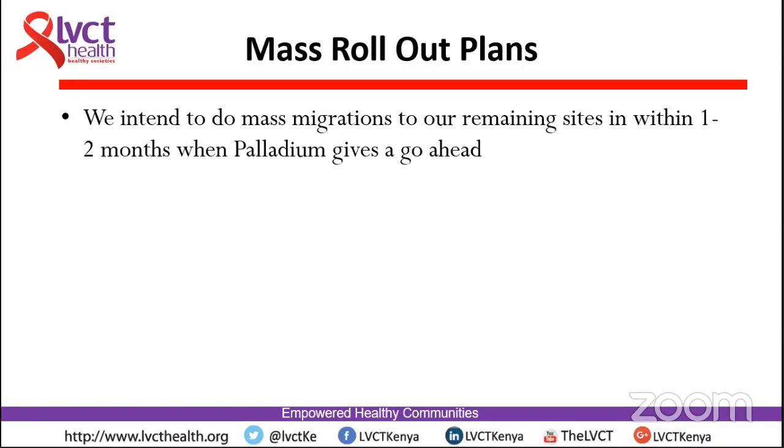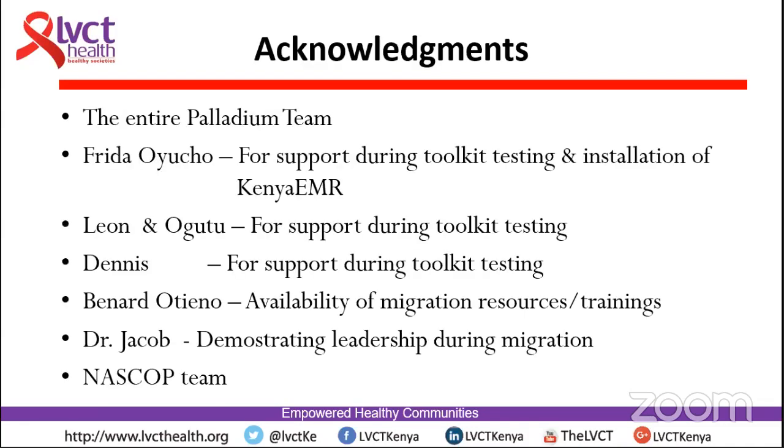And then we now intend to participate in the mass rollout, and we believe that within the next 1 month, or maybe 1 to 2 months, we'll be able to conclude the migration process. Otherwise, I would like to acknowledge the entire Palladium team for the support during testing and also during the installation of the Kenya EMR. She really supported us to ensure that we never experienced any difficulty. And then I also like